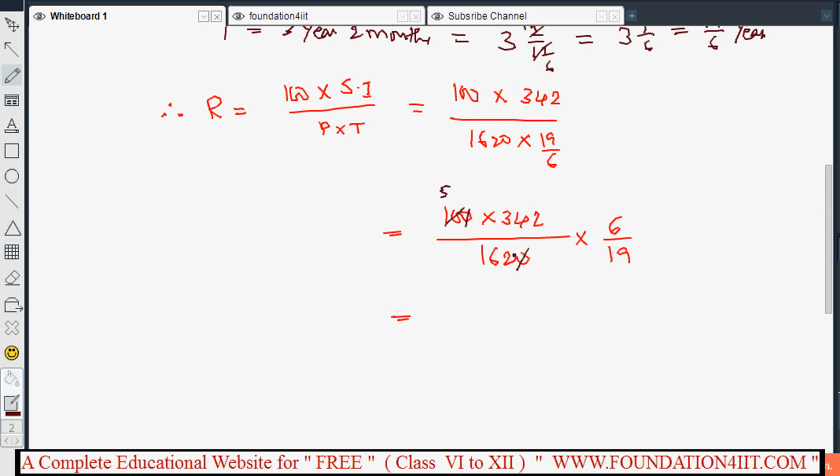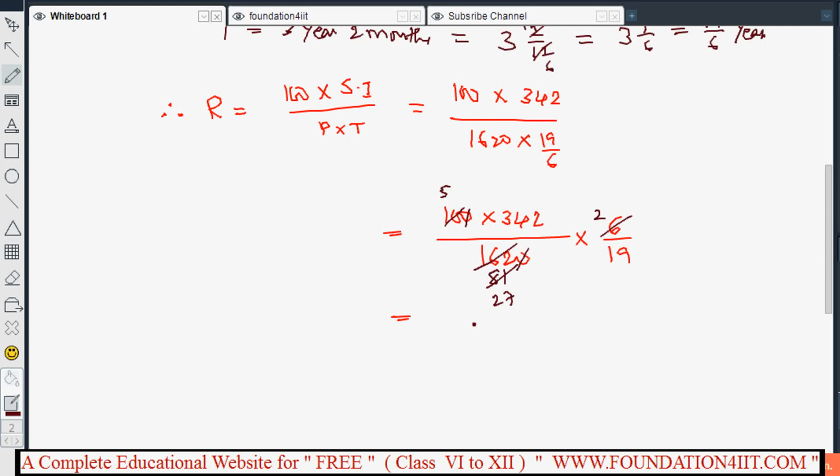Cancelling, 2 table, 2 5s are 10. 81. Again 3 table, 3 2s are 6. 621, 7. Then 5 into 10 into 342 by 27 into 19. Still you can go for cancellations. Finally get